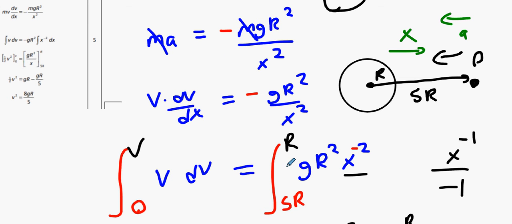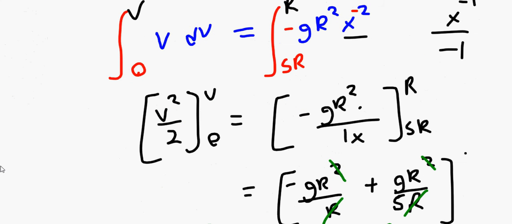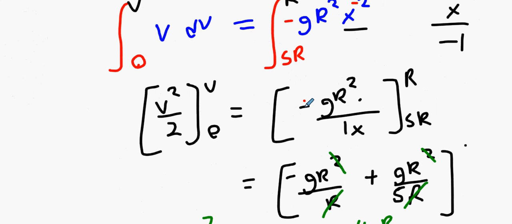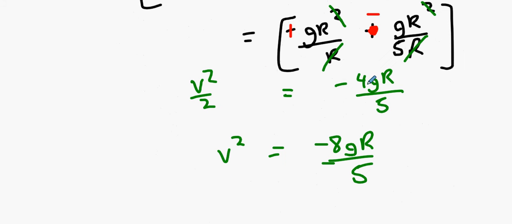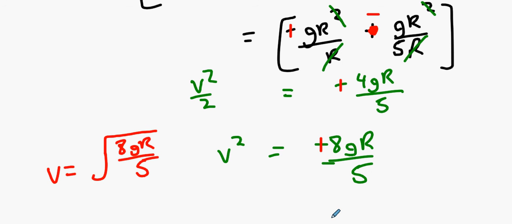And you see, it's such a quick fix. Plus, minus, and you've spent all that time doing your stuff anyway, and there you go. And there's your answer, root of g r over 5. Anybody get it? Yeah. Did you have any idea why it was negative at the time? No. Alright. So,